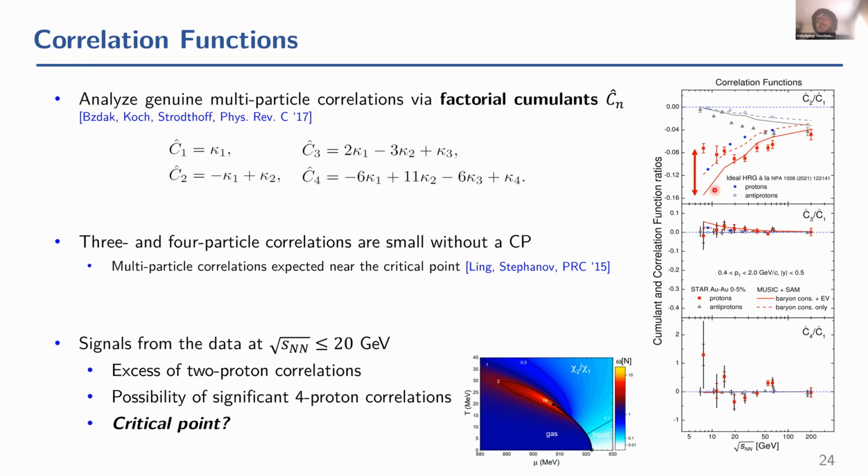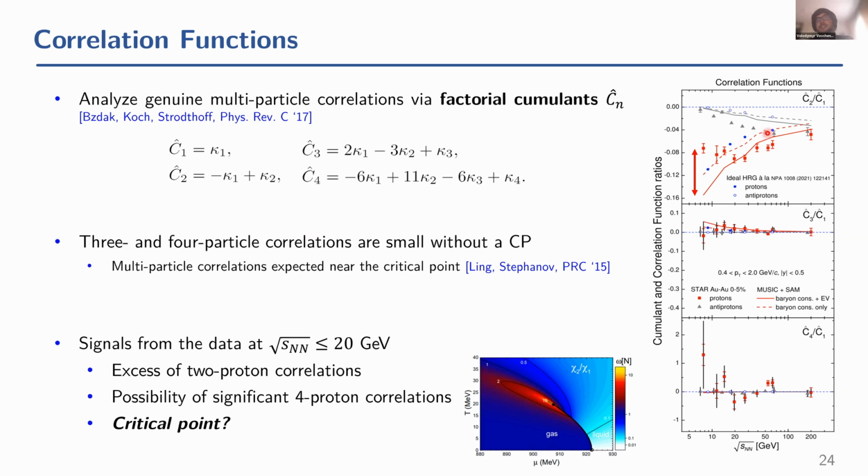But these deviations below 20 GeV square root of s in two-particle correlations are more evident in this observable, as shown here. We really see that this excess of skewness in the data relative to the non-critical baseline is rooted in the fact that the data show an enhancement of two-proton correlations over predictions from the baseline at energies below 20 GeV square root of s. One could argue different possible effects can be responsible for that, but by far the most intriguing one is the possibility that we are approaching the critical point, because generically two-particle correlations become large in the vicinity of the critical point.